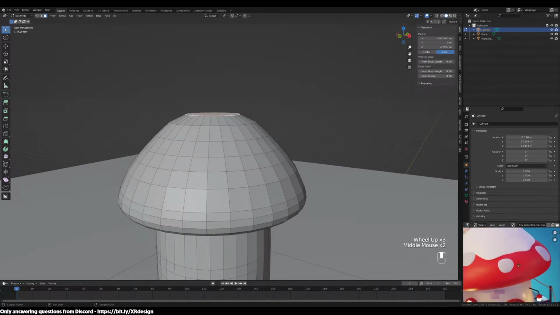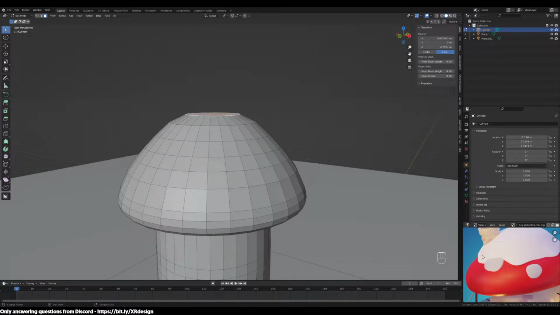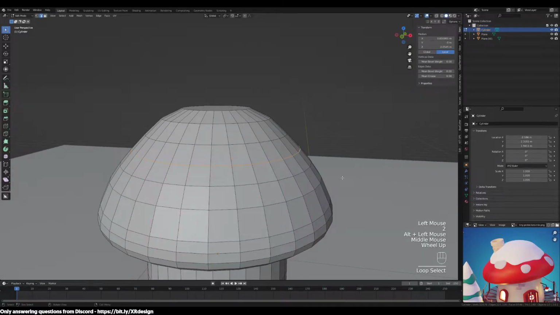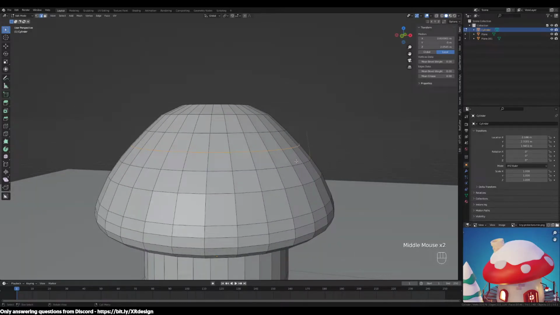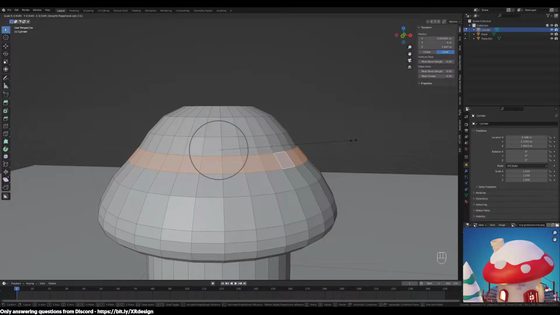And then if you see in the reference image, it's not completely uniform, so there's a little dent going towards the top. So we're gonna create that little inset or dent. Just select one of these edge loops, or let's select this face here. Enable proportional editing again, and we're just gonna decrease